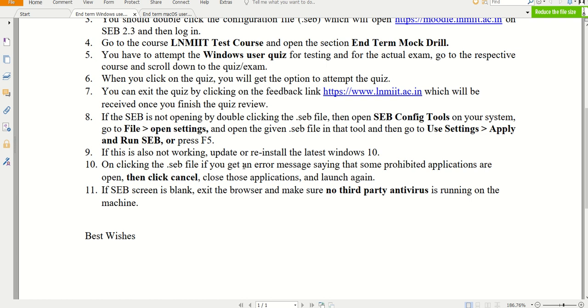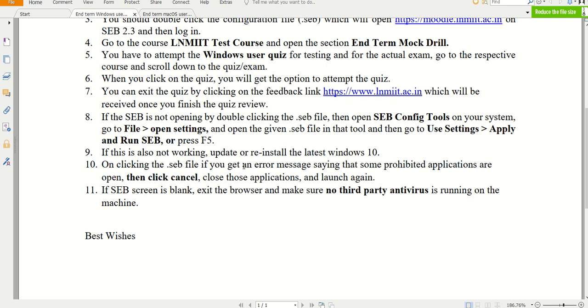But if that does not work, then what should you do? Then you have to press Ctrl Alt Delete. When you press Ctrl Alt Delete, on the bottom right corner there will be a Wi-Fi icon. Change your Wi-Fi, disconnect or connect your Wi-Fi, and you will be back in the exam.